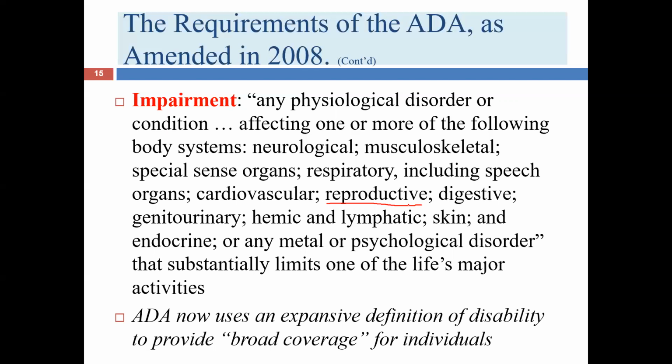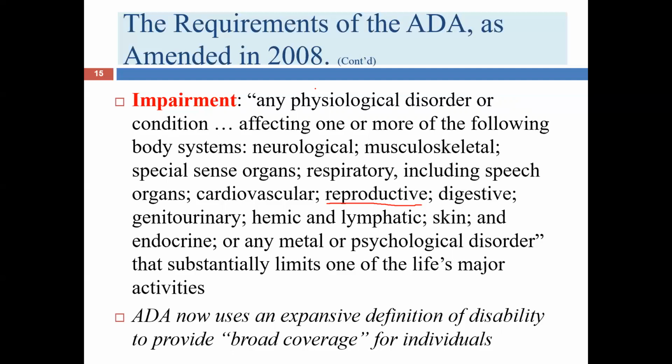For example, let's say I'm infertile. It doesn't affect my work, obviously. Let's say I have an office job. I'm a paralegal in a law firm. Obviously, whether I'm fertile or infertile is not going to impact the quality or quantity of my work. But I may need time off from work to address my infertility, to receive fertility treatments or surgeries or other things to address that issue. And so a reasonable accommodation that my employer might need to offer me is time off to accomplish those tasks. So keep in mind, impairments don't have to do with things that are going to be directly relevant to the workplace.